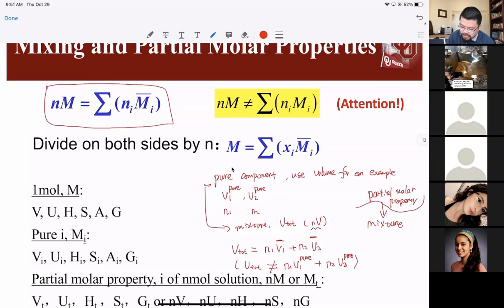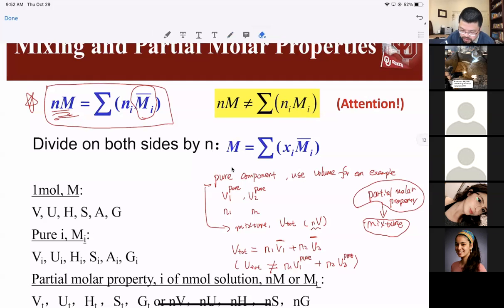And that is the direct summation in order to receive the property of the mixture. Okay. So this is the most important equation so far in this lecture. And moving forward, it's also very important for the following chapters as well. So whenever you think about the mixture, you need to look for this partial molar property. And once you have that, that's a direct summation of those components, but not